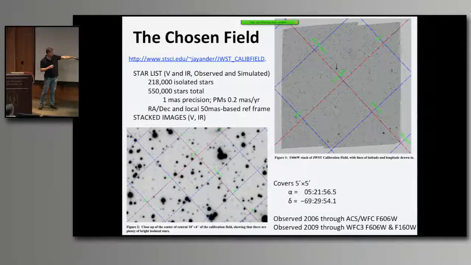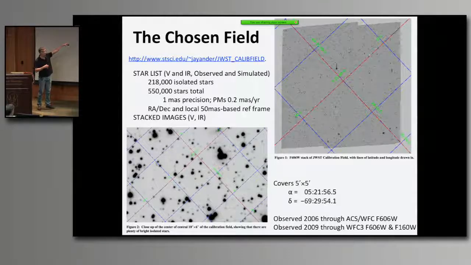It's at that alpha RA index. Let's see, here's the whole field, and here's a close-up to give you a sense of the separation between stars at HST resolution, which is similar to James Webb resolution for NIRCam. And the other cameras are less high precision. So let's see, the star list itself. I took all of the ACS exposures we have of the field,